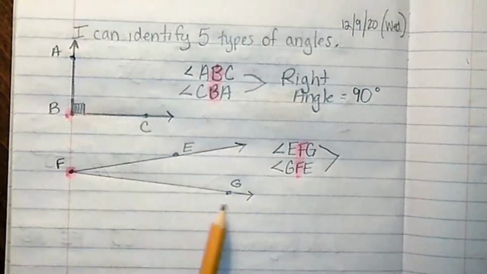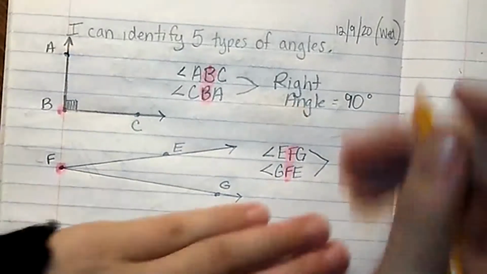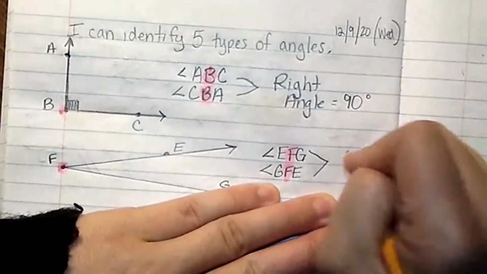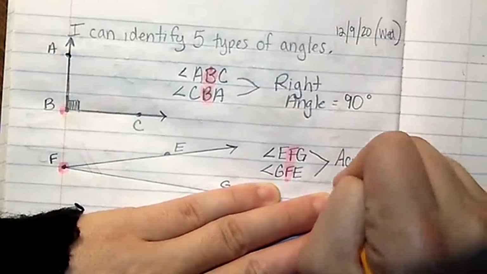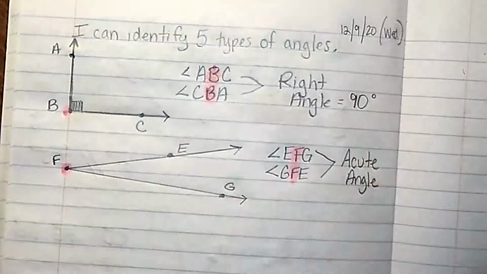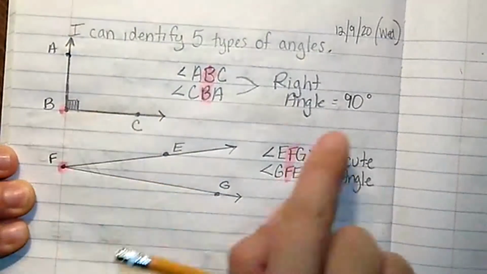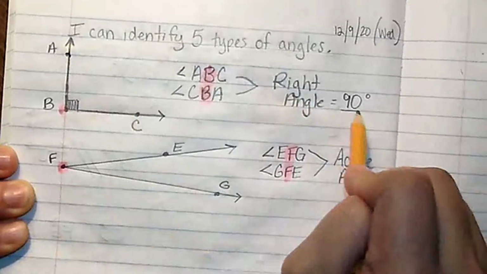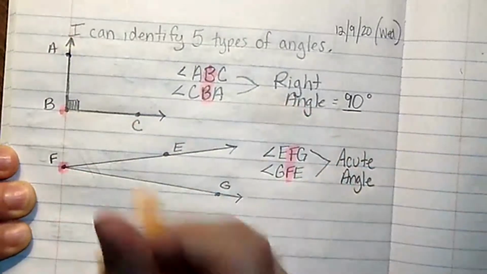Well, this tiny, tiny little angle has a different name. It's not called a right angle. It's called an acute angle because it's so cute. It's called acute angle. And an acute angle has to be smaller than 90 degrees. A right angle measures exactly 90. It makes that perfect L. A cute little angle